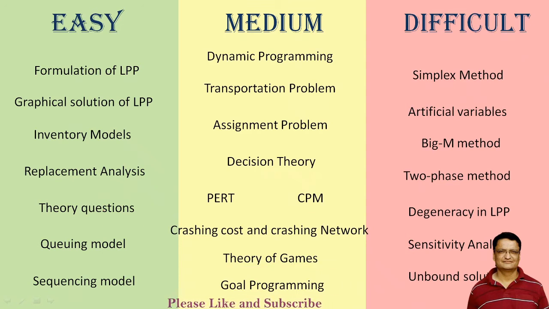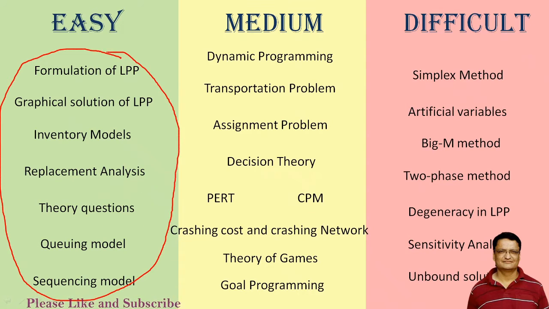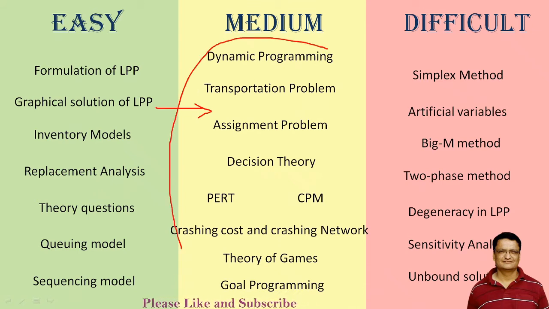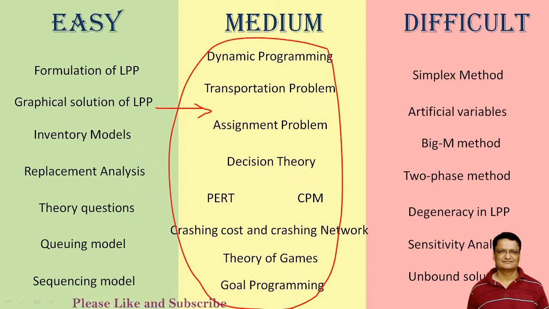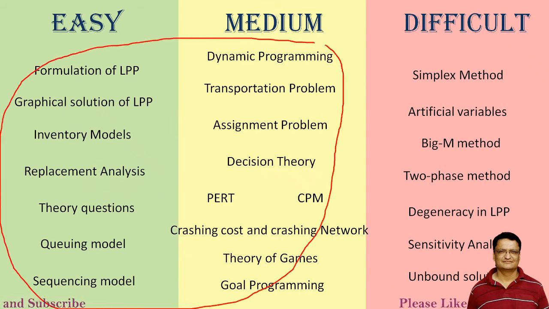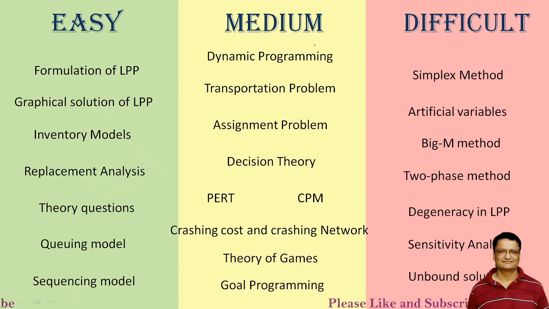So what I recommend is that you first cover all this easy part. Whichever is applicable to you, try to cover this easy part first and you will build confidence, right? And then move to the medium part and try to cover this part. If you are looking for just getting a pass, these two sections will give you more than 60% of marks. And if you are really looking to score in OR, then you can go for the difficult section.